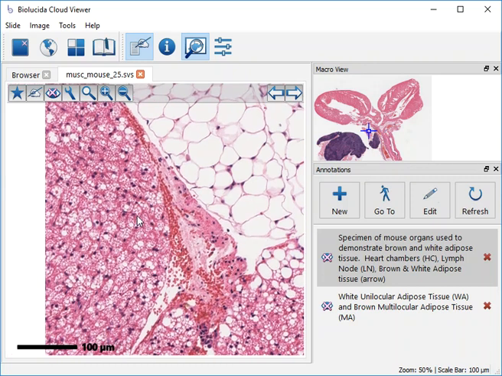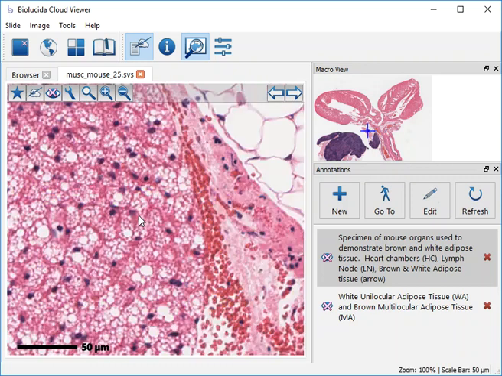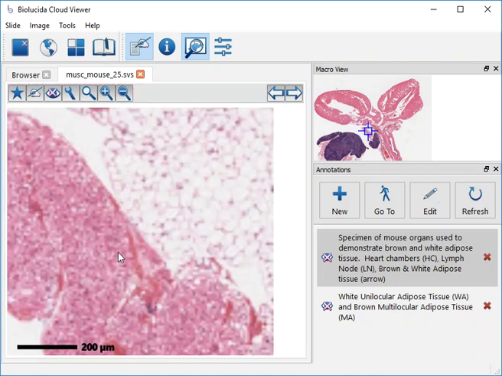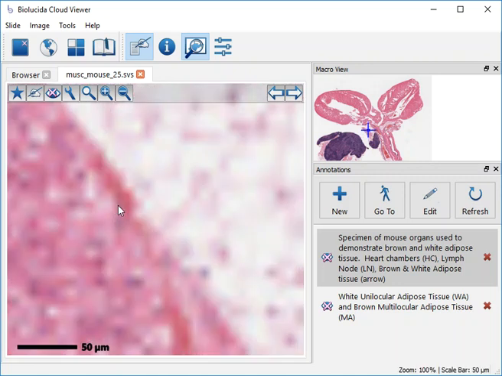multilocular brown adipose tissue. You see the little circles here in each of the cells and the nuclei. Those represent very small vacuoles, many of them within each cell. Also, these cells contain a lot of mitochondria, and they generate heat. In fact, in the newborn infant, there's a lot of brown adipose tissue, and that keeps the infant warm. And in the mouse tissue, you have quite a bit of it, but right next door to it is